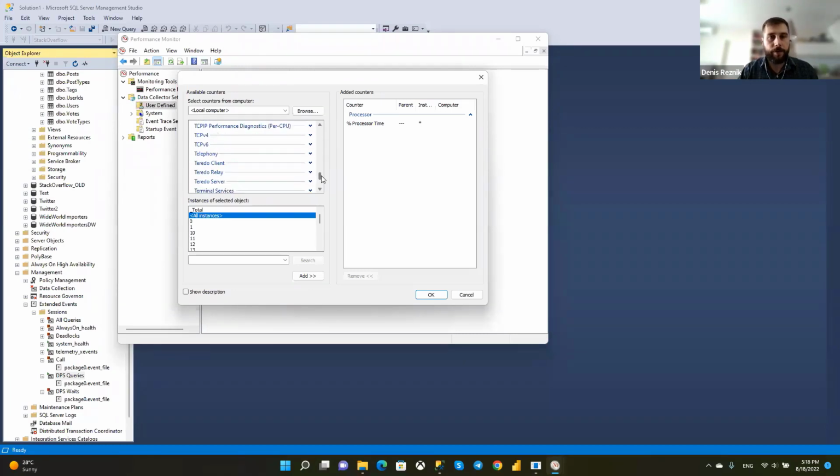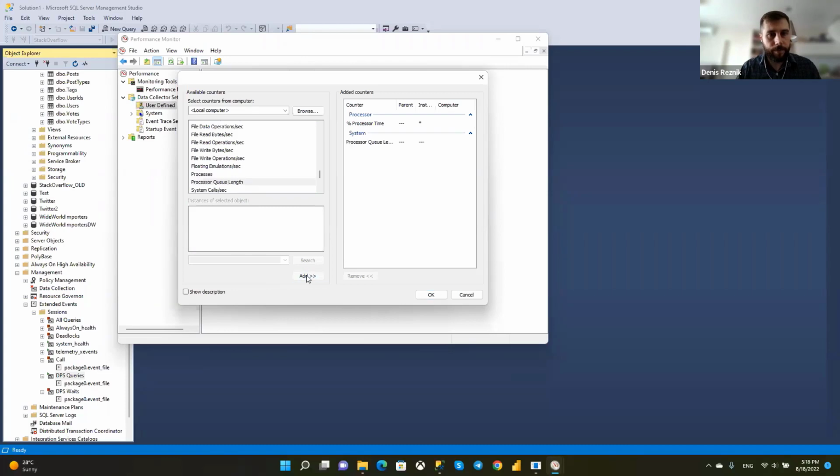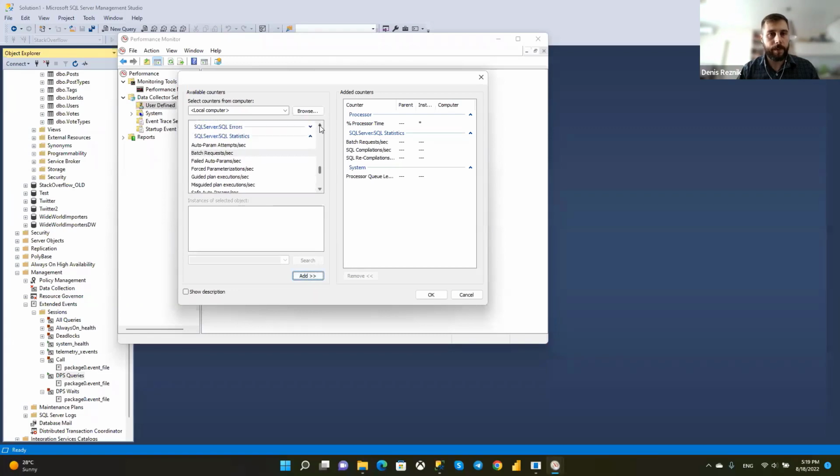If we're talking about CPU, it's also important to add system processor queue length. And in SQL Server, it's good to check how many queries are running right now, and how many compilations and recompilations are happening per second.